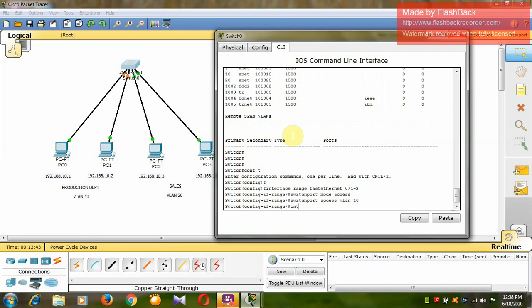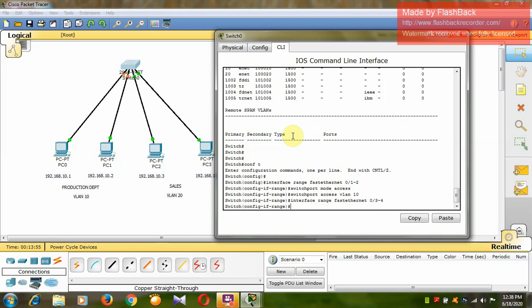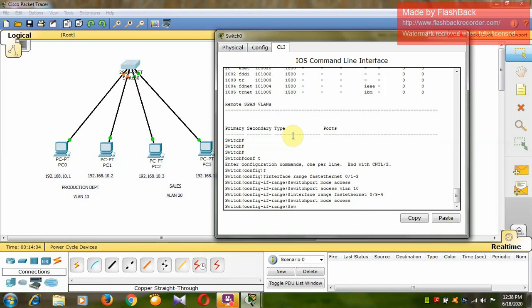Similarly for the other two, interface range fastethernet 0/3 to 4. Switchport mode access, switchport access vlan, I want to put these two ports under VLAN 20.